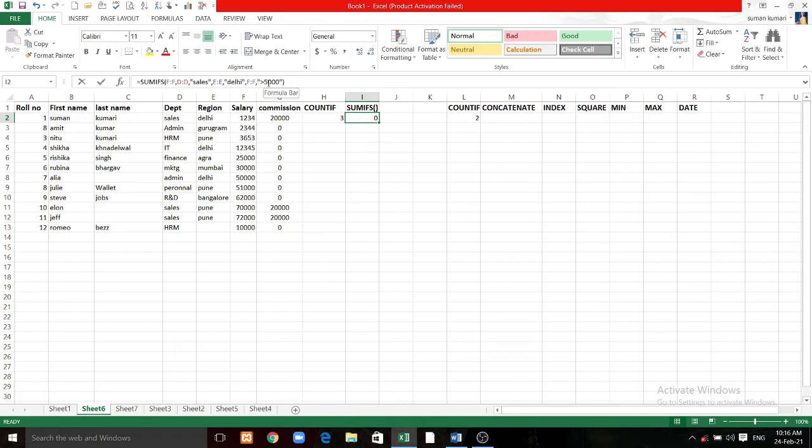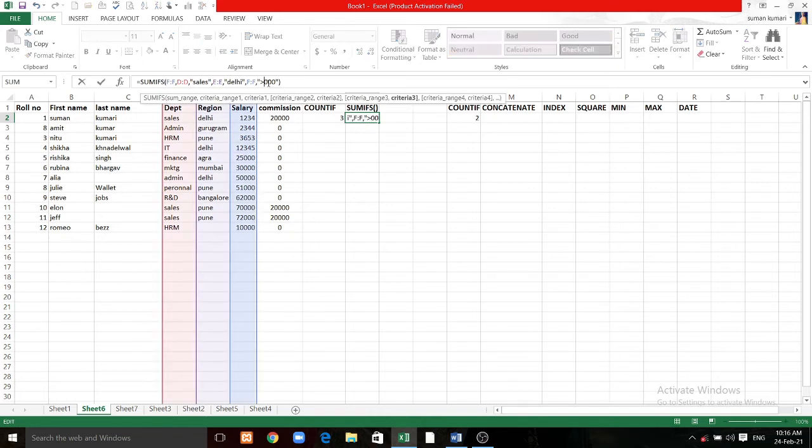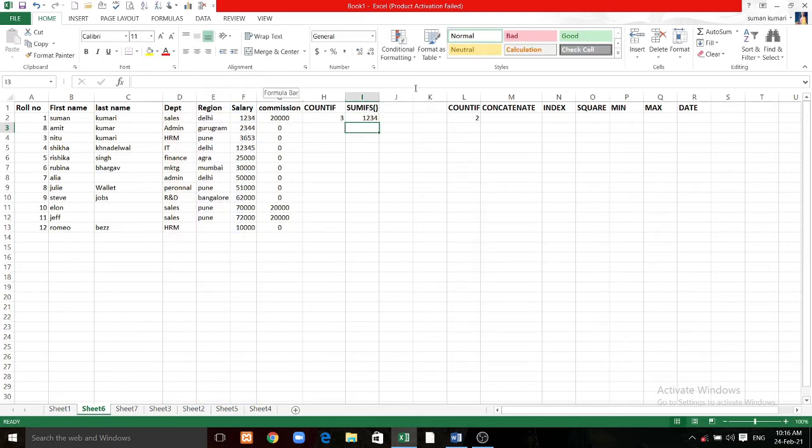So if I change the salary to greater than 1,000 rupees, now it adds the values 1, 2, 3, 4, because now all 3 conditions are fulfilled. And if I again change some condition, let's suppose I change the location from Pune to Delhi, now it will add the value 70,000 plus 1, 2, 3, 4. Okay, so it gives the result of this function. So this is the SUMIFS function, which needs multiple conditions to be calculated.